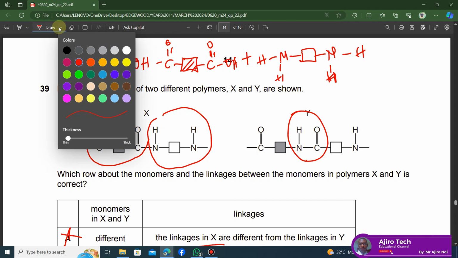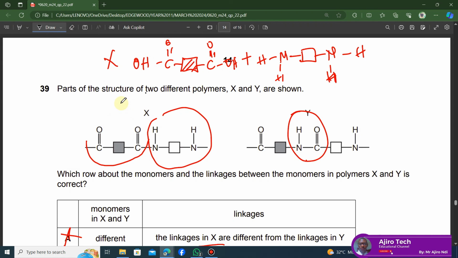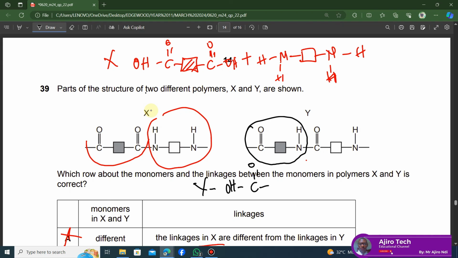Let's now draw, with a different color, the monomers that combine for Y. I'm just going to erase this. Just like we did for X, we do it for Y as well, so that there's clarity in what we are doing. So this is the first monomer. For Y, I'm going to write Y right here. We're going to have OH again, so C double bond O, a shaded box, and then we have NH2. This alone should tell you that they are different,